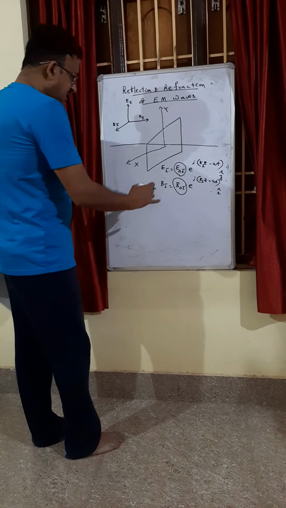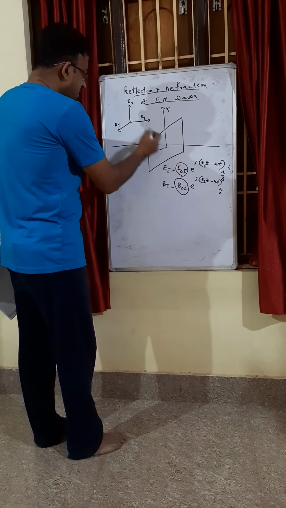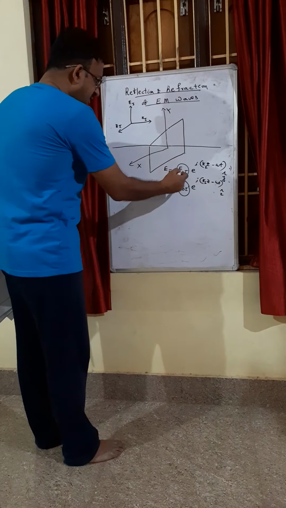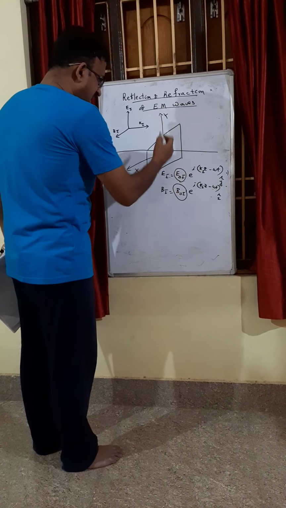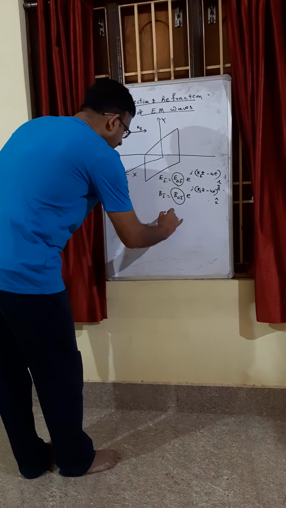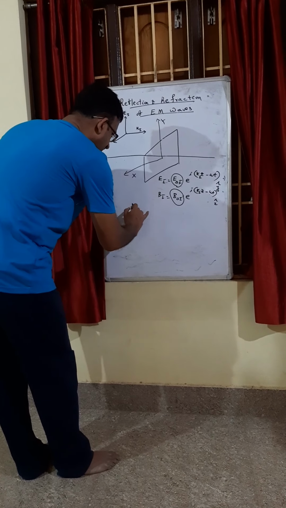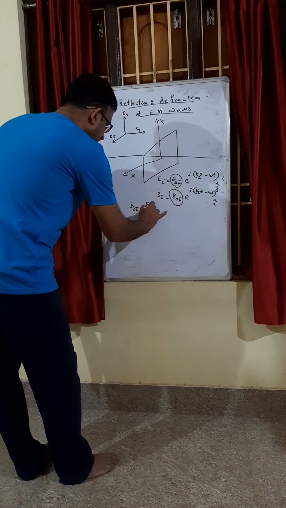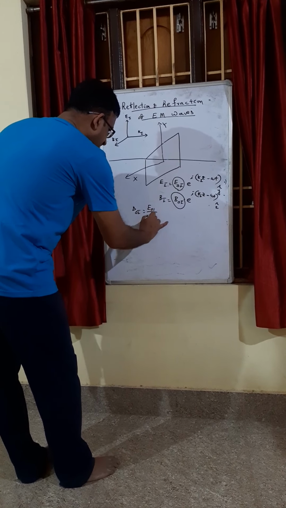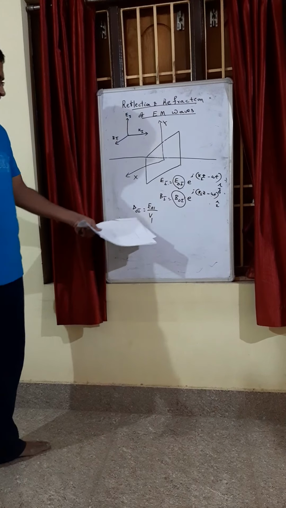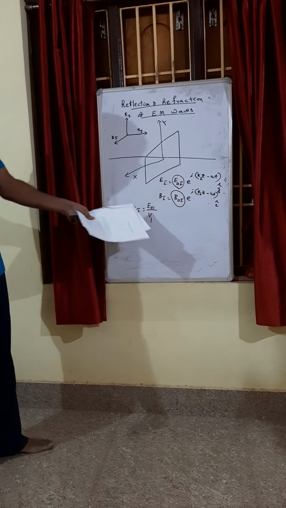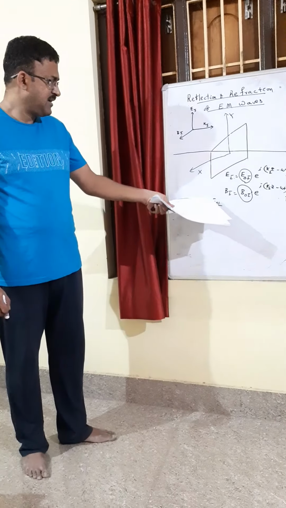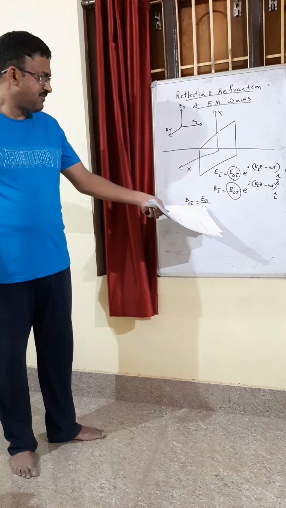Now, as you know, in this medium, the light propagates with the speed v1, and the amplitude of the electric field and the magnetic field are related as follows. The magnitude of the magnetic field will be equal to the magnitude of the electric field divided by the velocity. This expression we already know, because the velocity of the electromagnetic wave is the ratio of the strength of the electric field to the magnetic field.